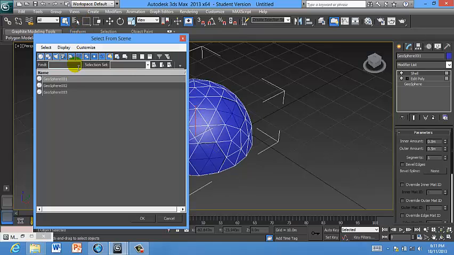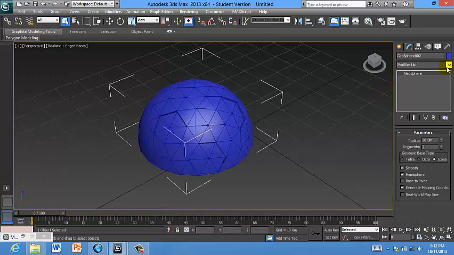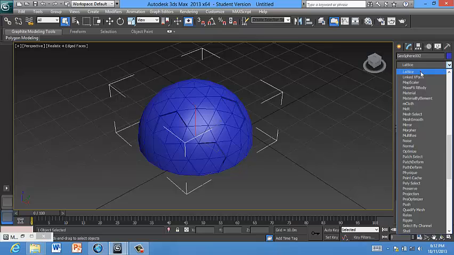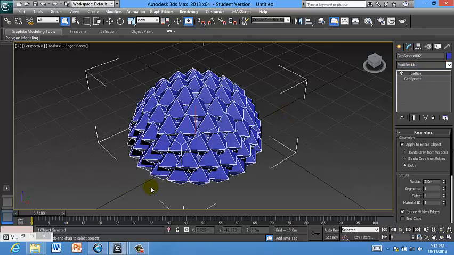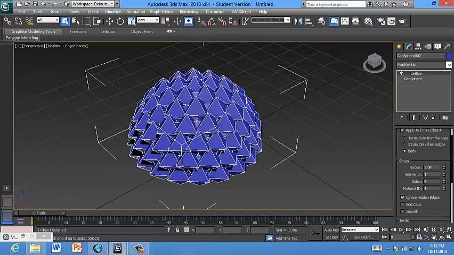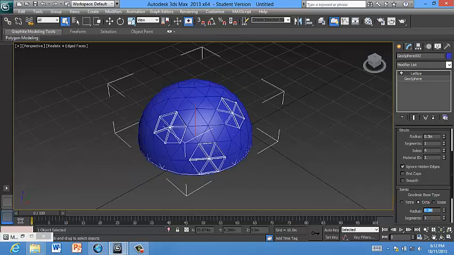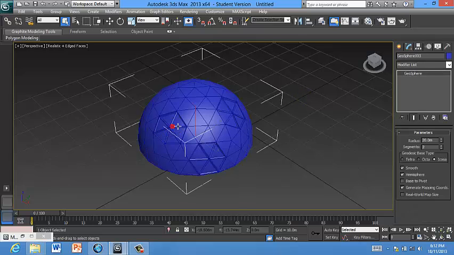Now we are going to select the second one in the same selection list. Okay, and to this one we are going to apply the Lattice modifier. This is the default view of the Lattice modifier. Now we have to set the radius of the struts and the joints. So probably something like 0.3 would be okay. 0.3. So now we have a sort of metal structure for our